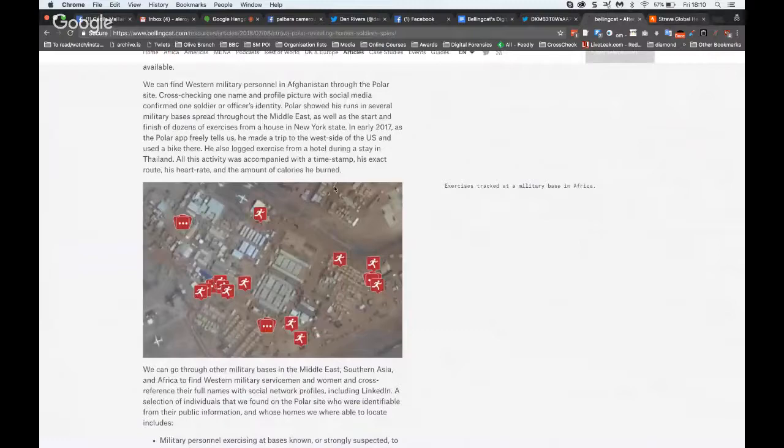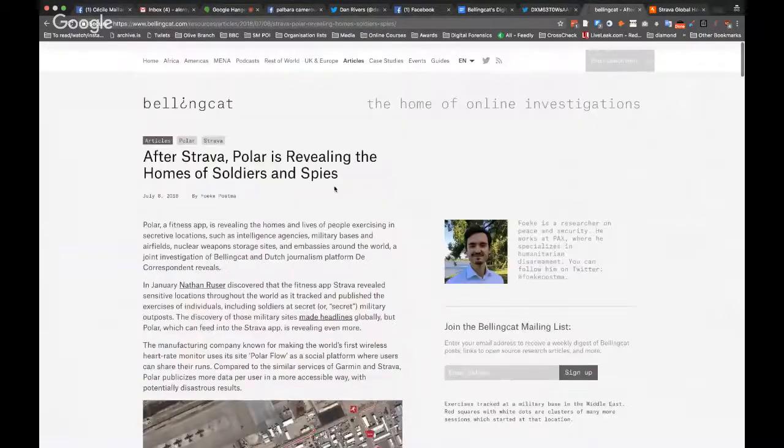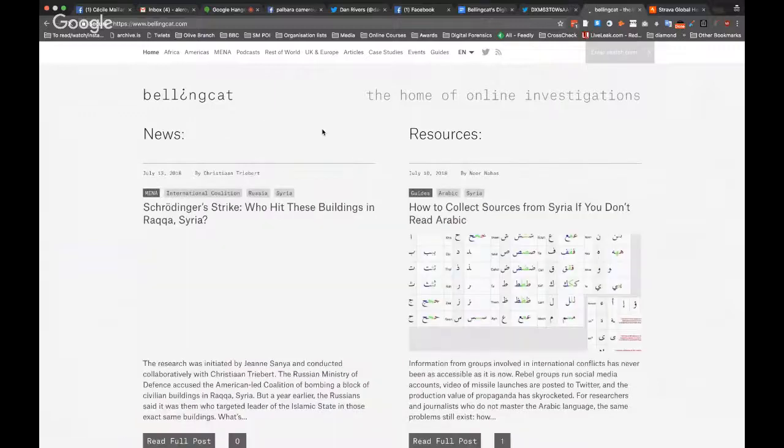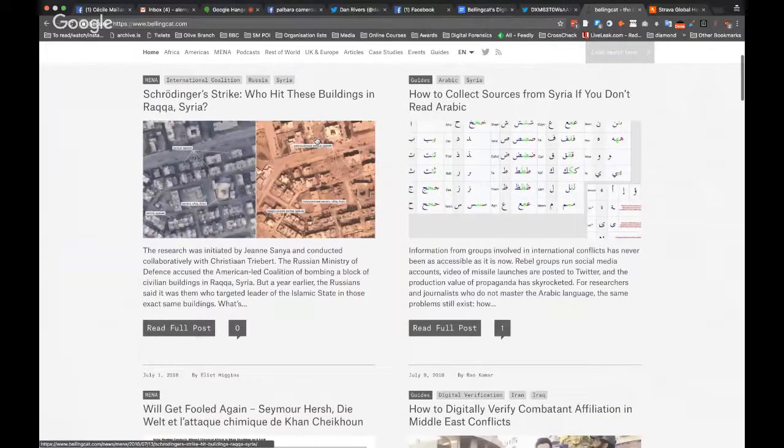So if you go to the website of Bellingcat, you can see obviously a lot of what we do at Bellingcat, we focus on conflict, because in the conflict in Syria, for example, and in Iraq, there are tons and tons of images and videos being published. And with the Russian involvement, there have been a lot of wrong or false claims made by Russia in the conflict, and we could verify those using open source investigation.